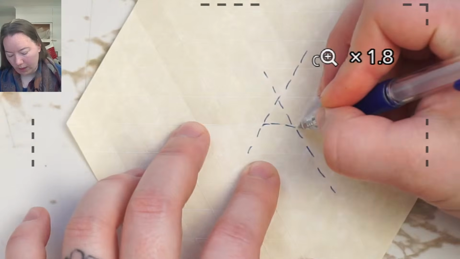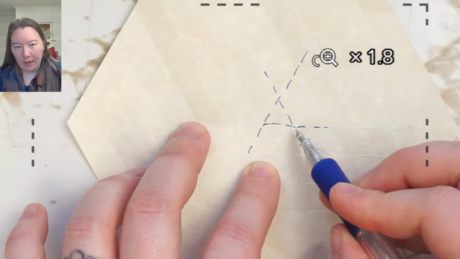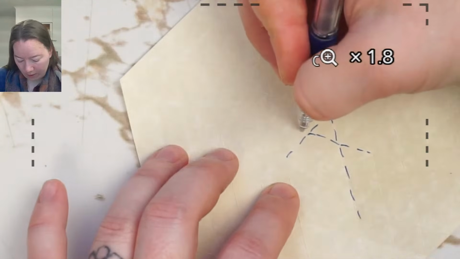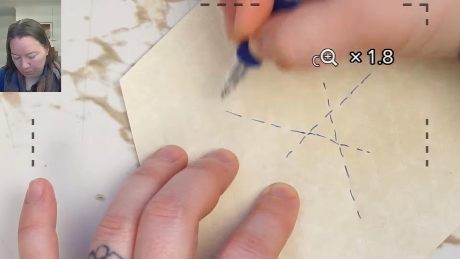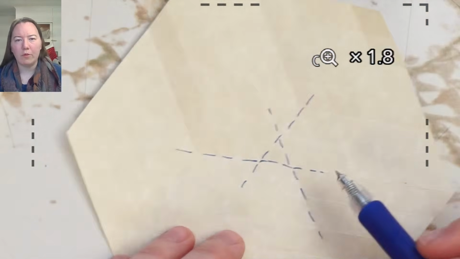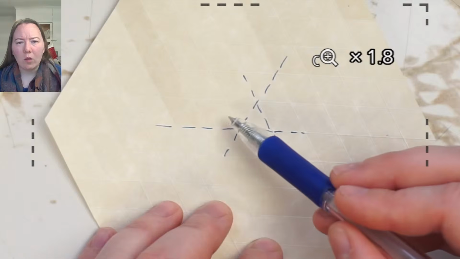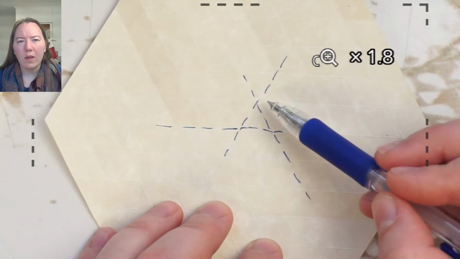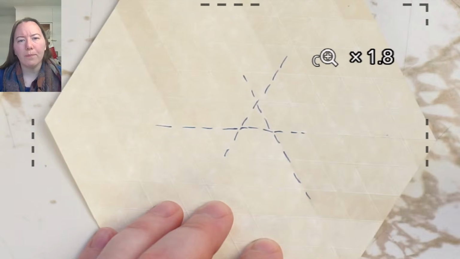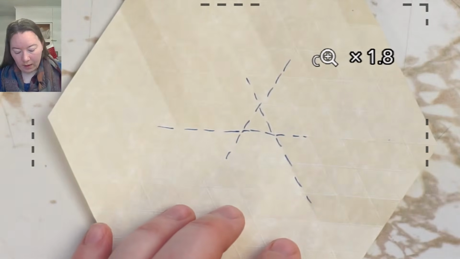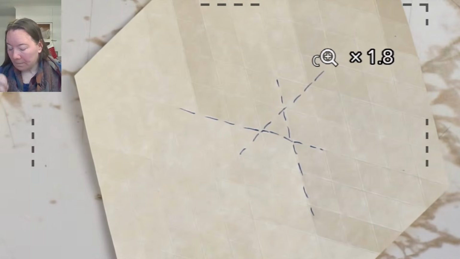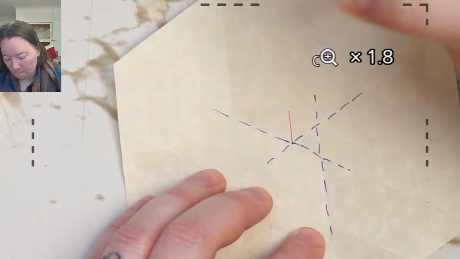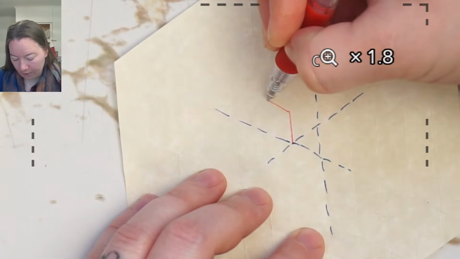Notice that I'm marking one space of valley past the long valley on the other side. But this is a symmetric marking, so I've got long, short, long, short, long, short on each of those corners. And then the mountain folds are going to come in, and we're going to have